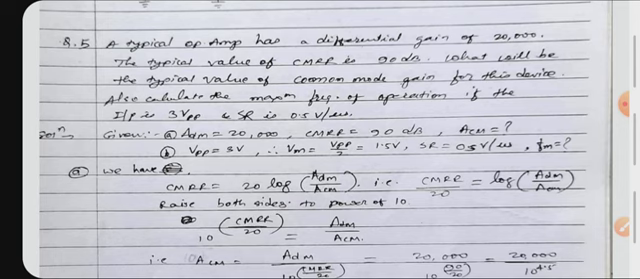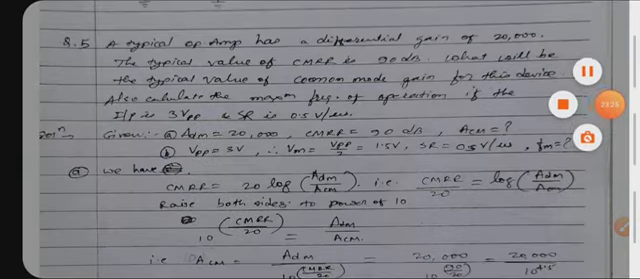What is given, this is a little bit different one. A typical op amp has a differential gain of 20,000. The typical value of CMRR is 90 dB. What will be the typical value of common mode gain for the device? Also calculate the maximum frequency of operation if the input is 3 volt peak to peak and slew rate is 0.5 volts per microsecond. Okay, so here ADM, that means